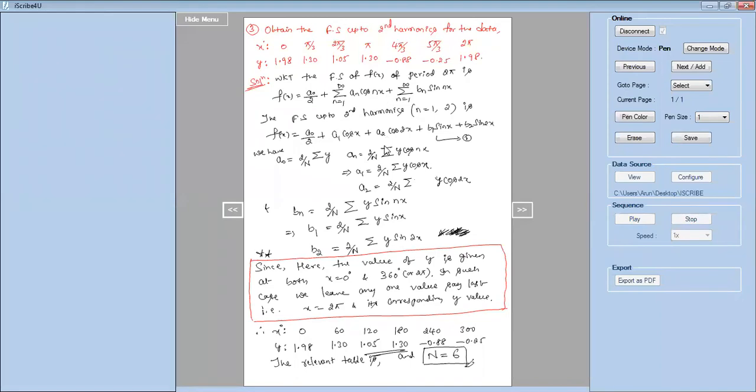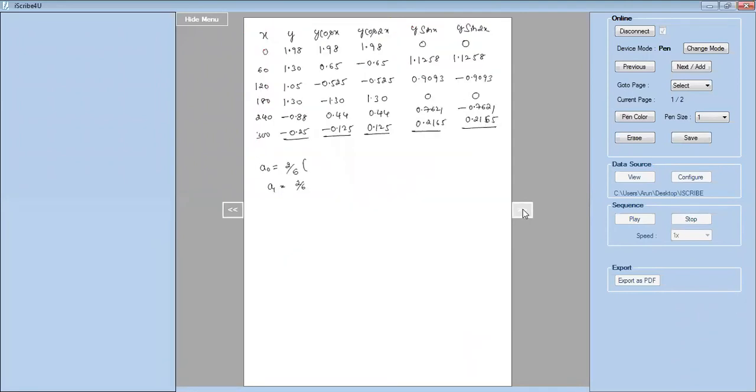Then from problem number 4, I am going to take a problem related to arbitrary period, where the numbers will be like 1, 2, 3, 4, or 2, 4, 6, 8, etc. So just complete this problem, and we'll go to the next one. Can you tell me the summation values now?